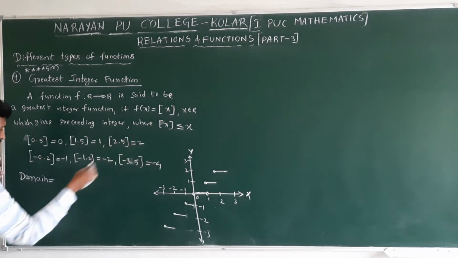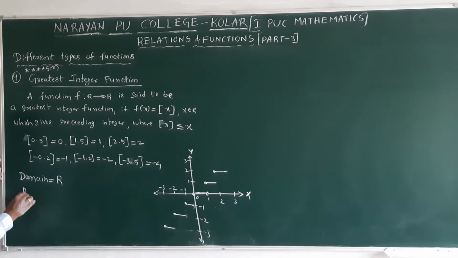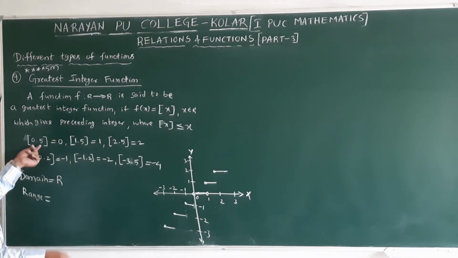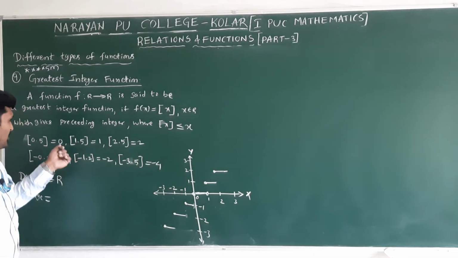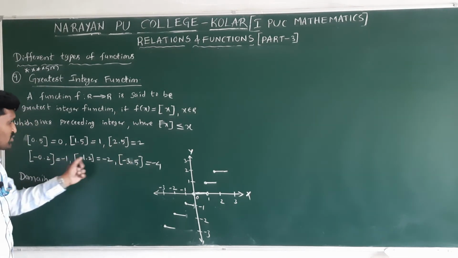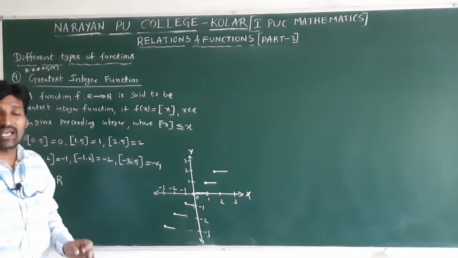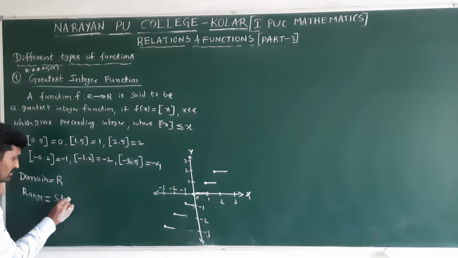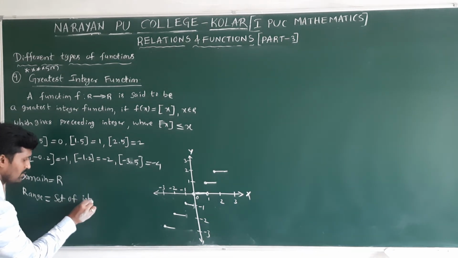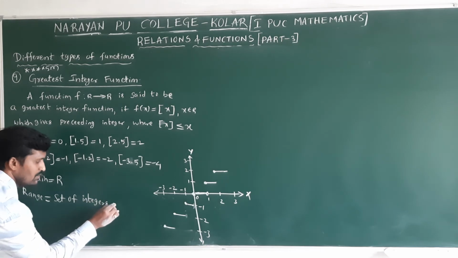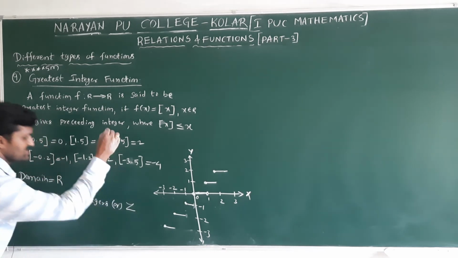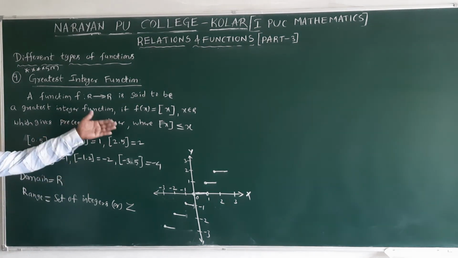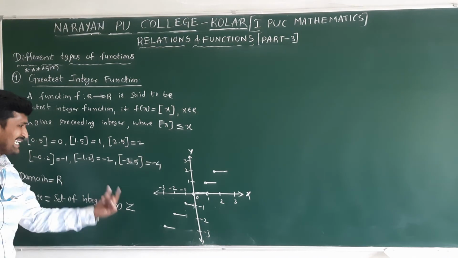Now, domain. I am taking all real numbers, so the set of real numbers. Range: you observe here, I am taking decimals also, and I am getting which numbers finally? Integers. 0 is there, 1, 2, minus 1, minus 2, minus 4. That's why I am getting only the set of integers, or you can write the Z symbol. Clear? Input you give any real number, output step of x value we are getting only integers.